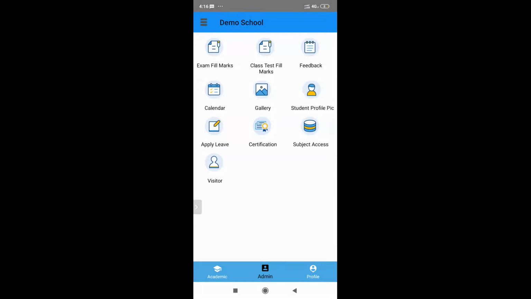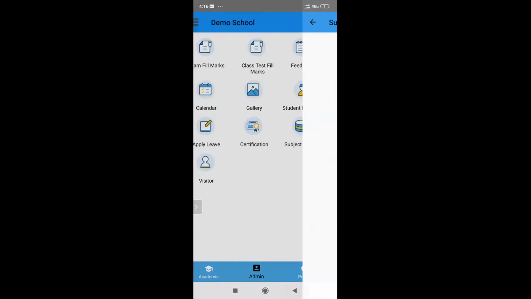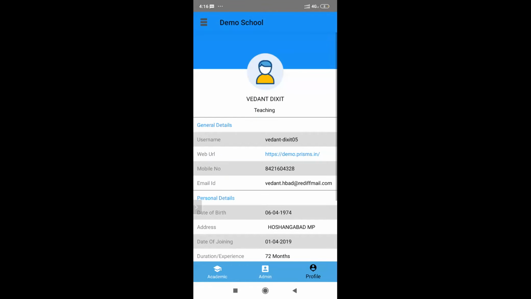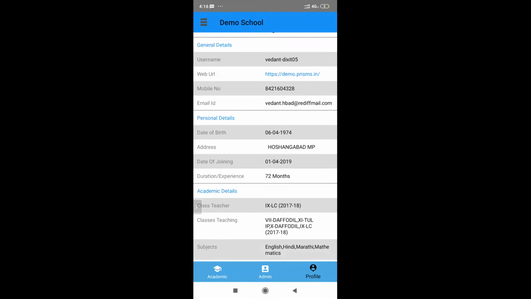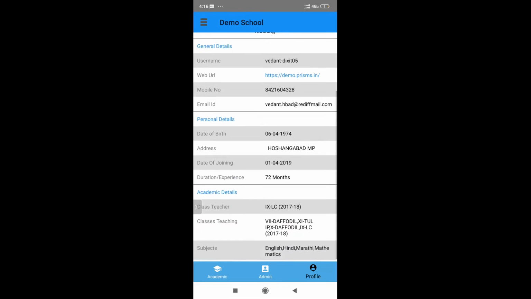And subject access, in case you're not able to see the access for a subject for sending notifications for marks or anything, you can request access. And you can also see your basic profile, all the classes you're teaching, the username, web URL, and all of that.